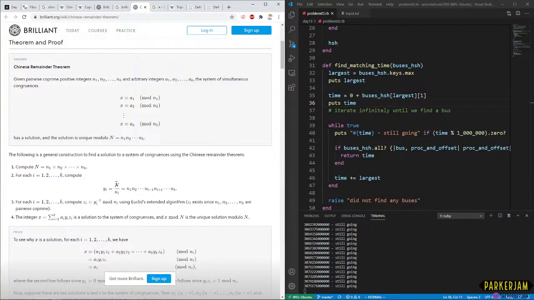So yi is going to be the product of all of our bus IDs divided by the exact bus ID we're looking at, and that's the same as the sequence of bus IDs, the next one, all multiplied together, up to k. And k is the total number. Okay, so nk is the total sequence.